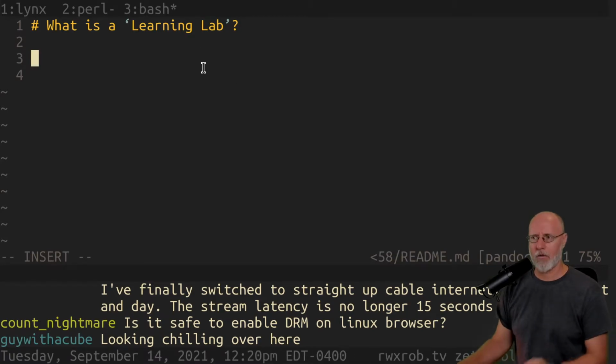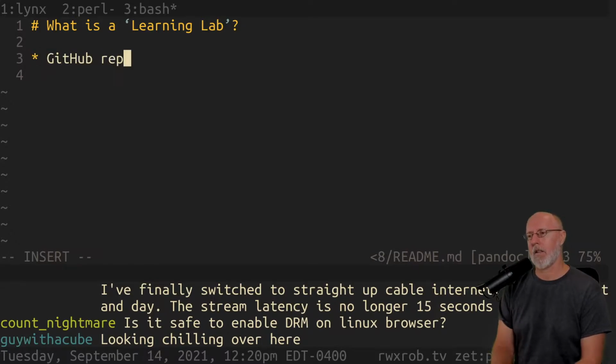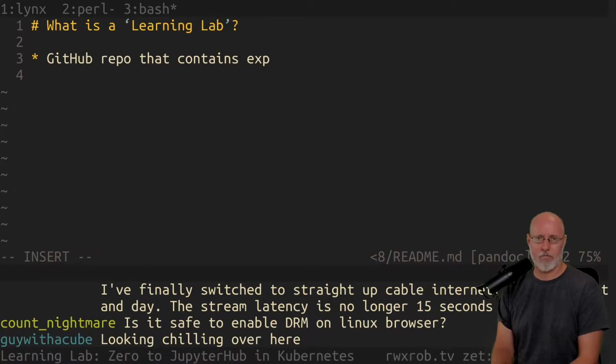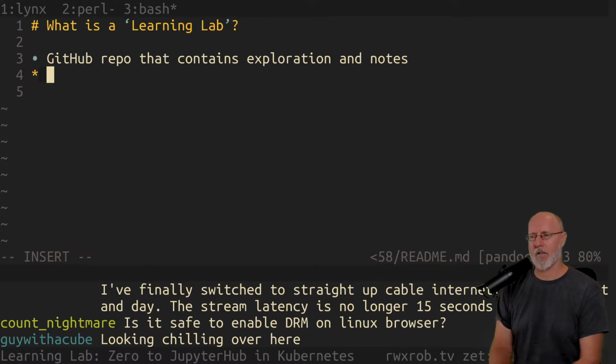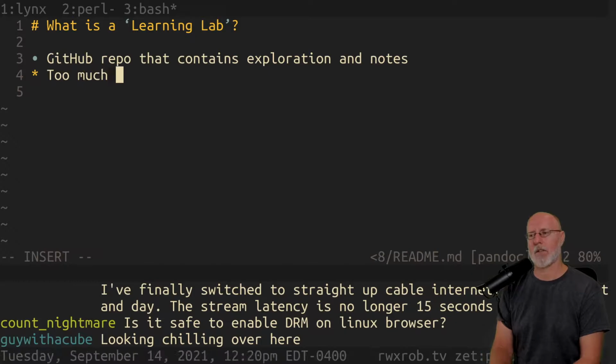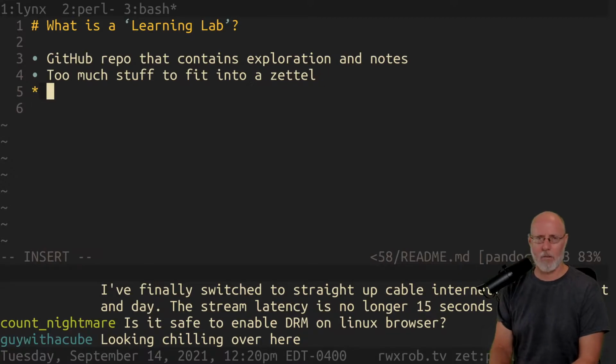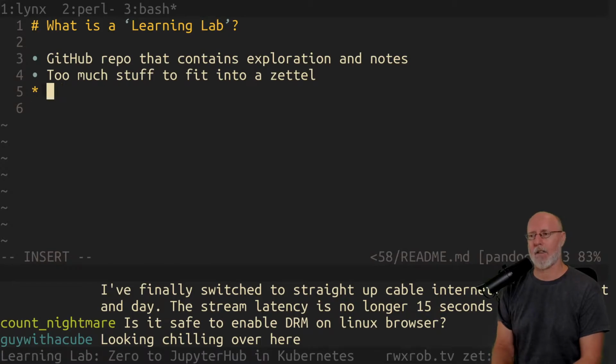Lab is my word for a GitHub repo. It's a GitHub repo that contains exploration and notes. Okay, so in my case, these are all things that have too much stuff to fit into a Zettelkasten, into a Zettel. You have to read about that if you don't know what that is. It has value